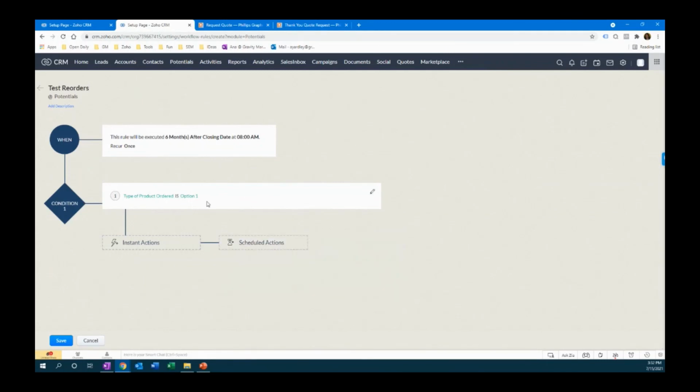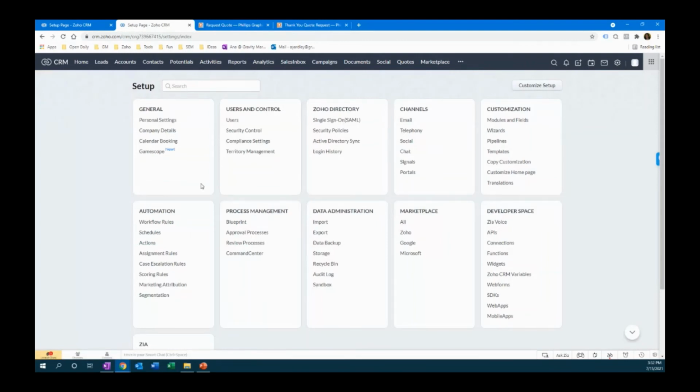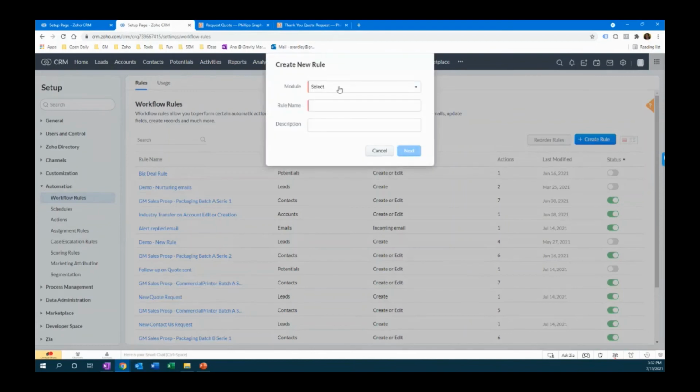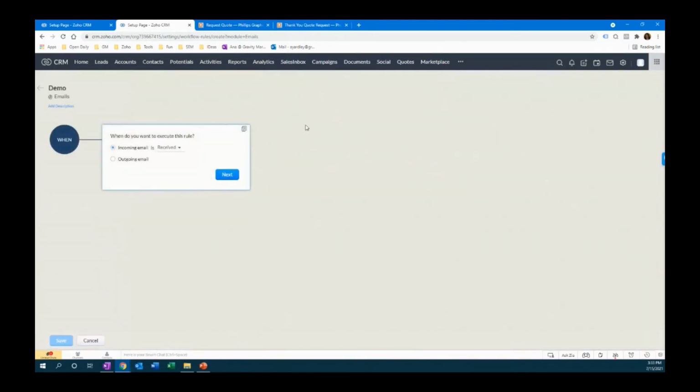The other option you have, and I know we kind of passed time, is setting a workflow for emails sent. This is a really cool option that you can use. Workflows can now be set for every module, so you could create one for emails. This is relatively recent, I think. Let me just call it a demo because I don't want to save it. The cool thing is that you can execute a rule when an incoming email is received, unreplied, or opened and unreplied. For example, if I have a really bad memory for replying to emails,